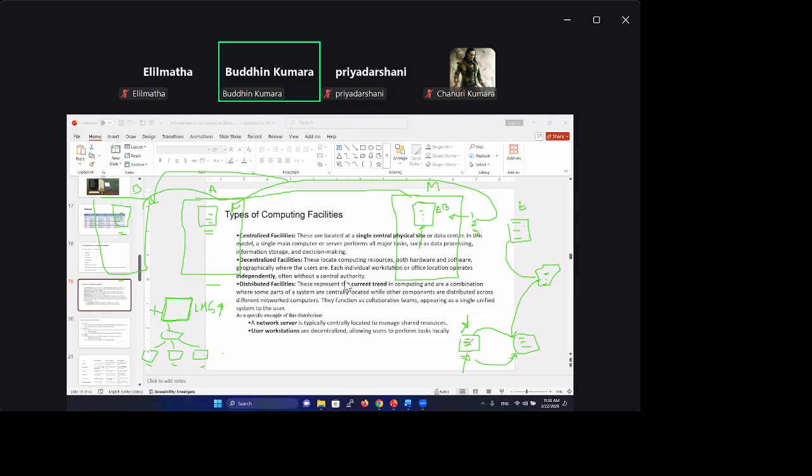If this machine fails, we can remove this machine and install another machine, but the user doesn't feel that change because when it fails, they will work from here. In that time, we can resolve the issue